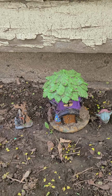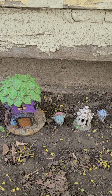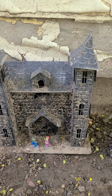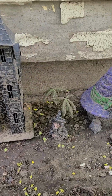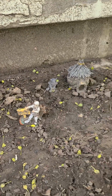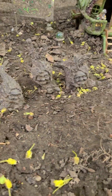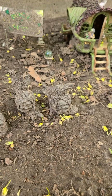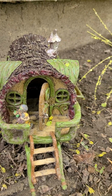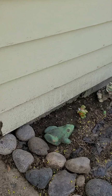There is the Grim Reaper, apparently made a showing at the Coronation for the King of England. Got some ghouls and goblins. Got my little fairy witch with her fairy hat house. We've got the mummy, more ghouls, some cute little petrified trees, and then we've got a little gypsy, and then on to more of my little